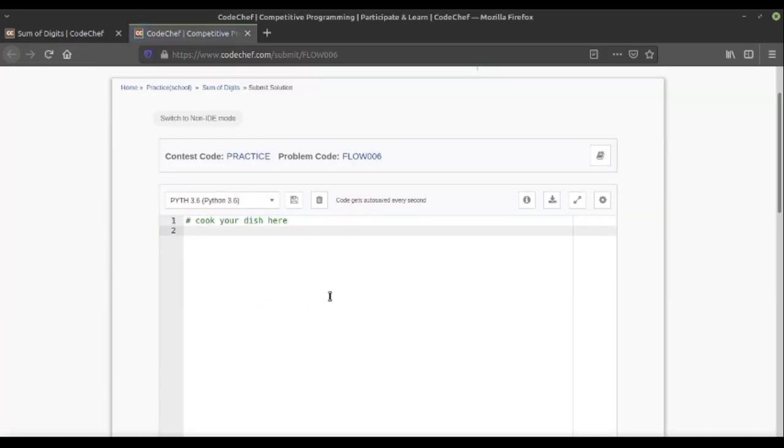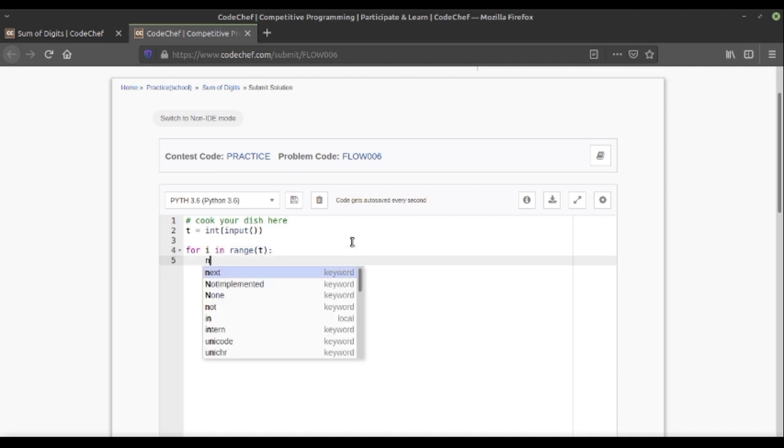First of all we will take a variable t and save the number of test cases. We will convert it into int for calculation purposes, and then a loop will run through t. So for i in range t, we will take input n, as we will get t times the integer n.